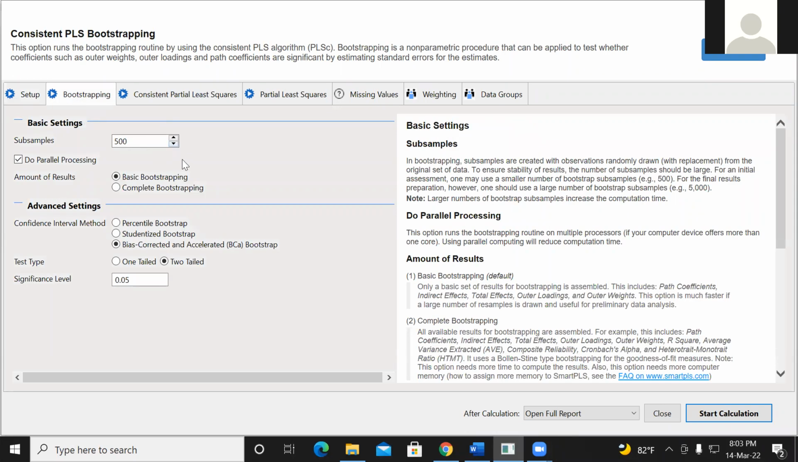Here by default 500 is there, but if you are running your final model, right, go to 5,000 at least, right? 5,000, that's a norm. Minimum 5,000 for the final model. That means you are trying to create subsamples from your data set of 99. You are trying to create 5,000 subsamples out of the 99 data set. That's why this is distribution free, therefore non-parametric